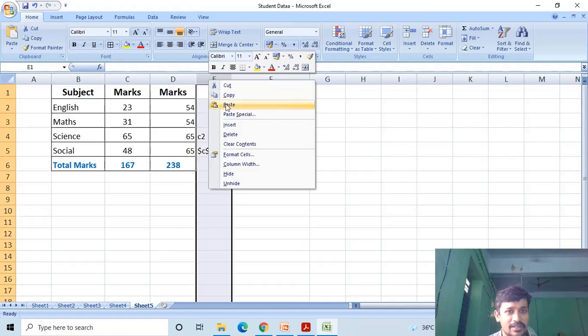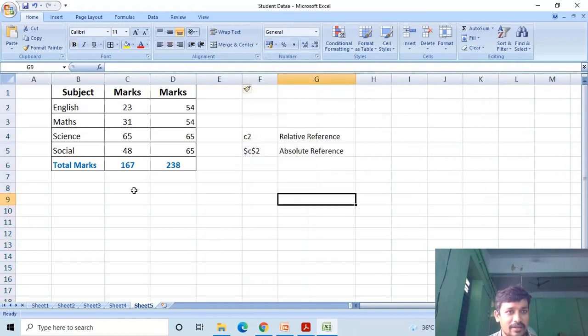If you use the cell reference as a relative reference, whenever you copy the formula to another cell, it is automatically updated based on the relative address of that cell. If you copy the formula horizontally, then the column name is changed.